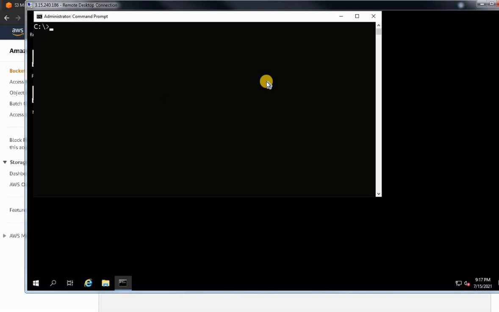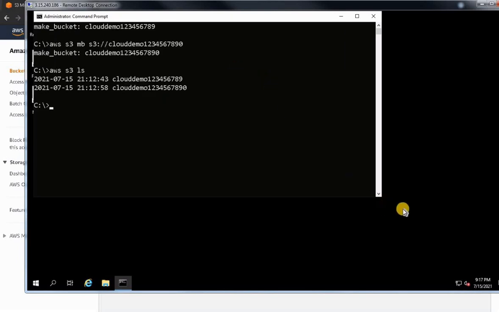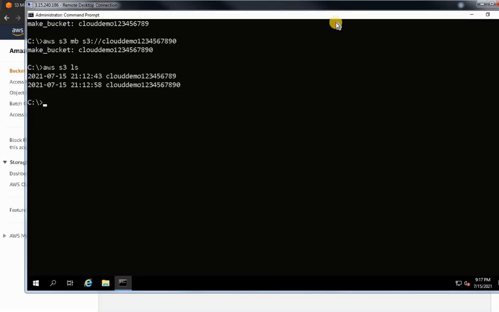I have run the ls command: aws is common, s3 is our service name, and ls. You can see here it shows the buckets I own in my account, as well as the created date, what year or what time it got created.